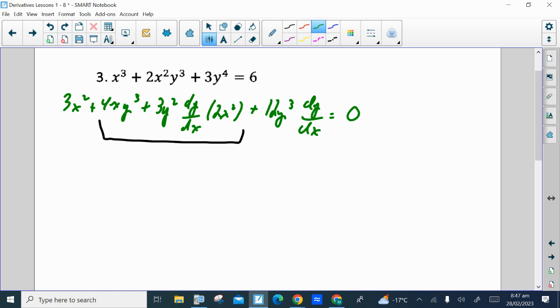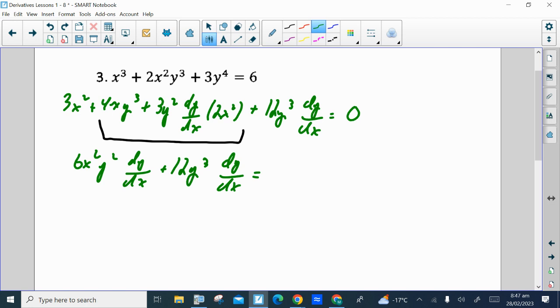So again, we've got 2 terms that have dy by dx here, so we need to get those together, keep them on the left, everything else on the right, and we'll do some simplifying as well. So the first term with the dy by dx is the 3y squared dy by dx times 2x squared. That'll give us 6x squared y squared dy by dx plus 12y cubed dy by dx